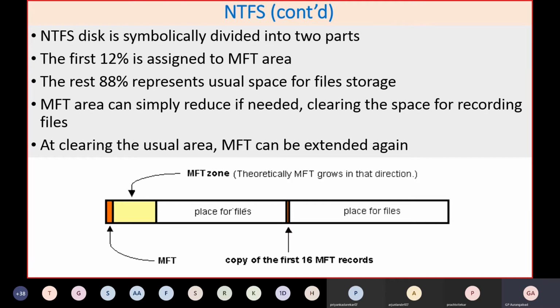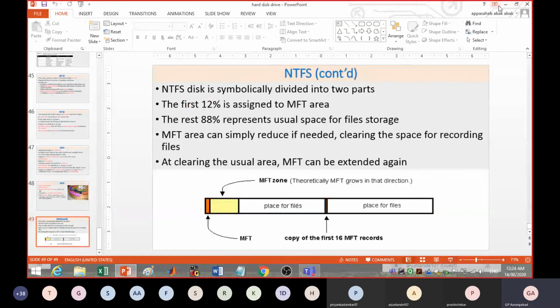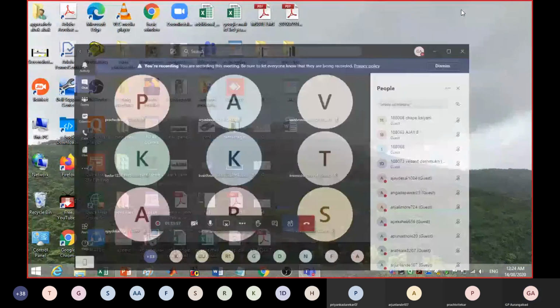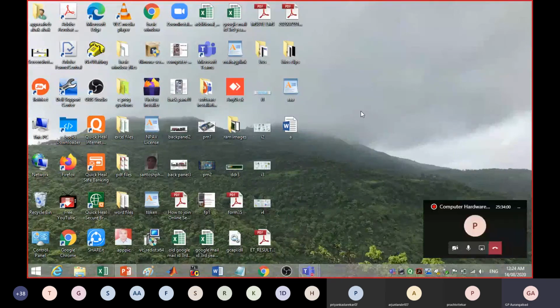Now I'll explain three things related to this that I wanted to show you. One is something related to the file: what is the wastage of space, and what is the file structure you create. I'll show you from my desktop now. Let us say if I create one file, we have to see what the allocation unit is and how much size is given to the particular file. So here I will create one particular file.